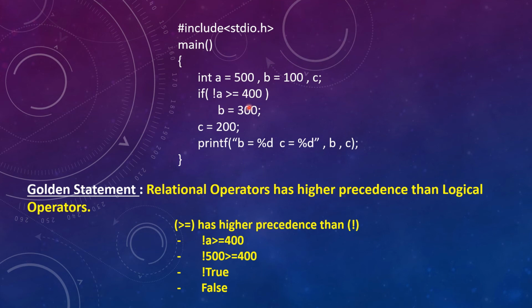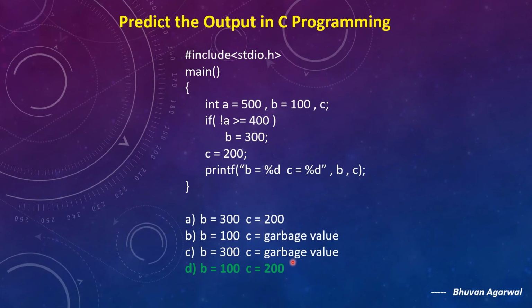Okay, so this line won't execute. You need to come here and you need to initialize C's value with 200. Now you are changing the value of C from garbage to 200. Okay, you are giving some value to C variable, and then you are printing B and C values. So you can see B's value is never updated, so its value will remain 100 and C's value will be 200. So our output will be B equals to 100 and C equals to 200. So our correct answer is B equals to 100 and C equals to 200.